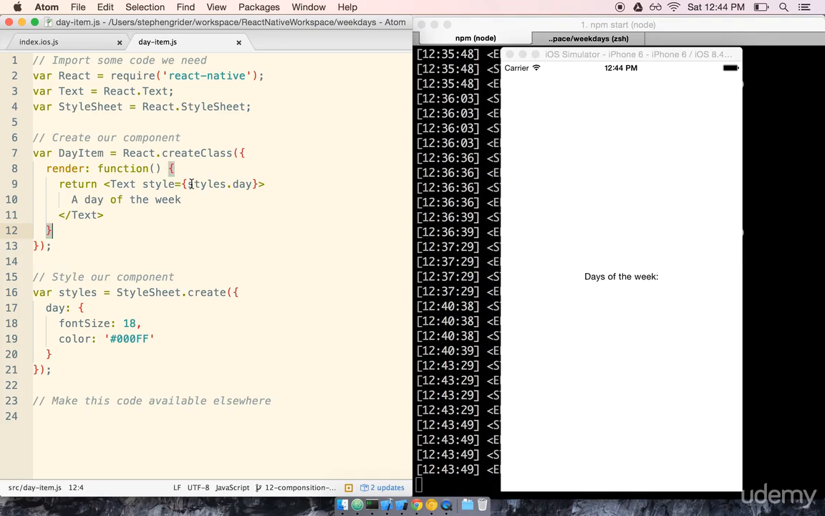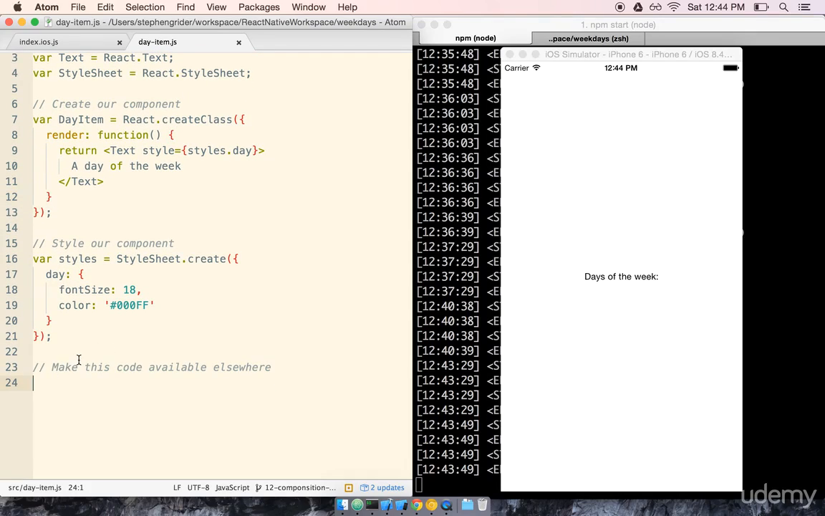Okay, so now that our style is applied, we're going to do our last step, which is to export some code from this file here. So remember, our initial component, index.js, needed to render that root component to the screen, but every other file that we create is going to be exporting the code we wrote in here so that it can be made available somewhere else. So to do so, we'll write